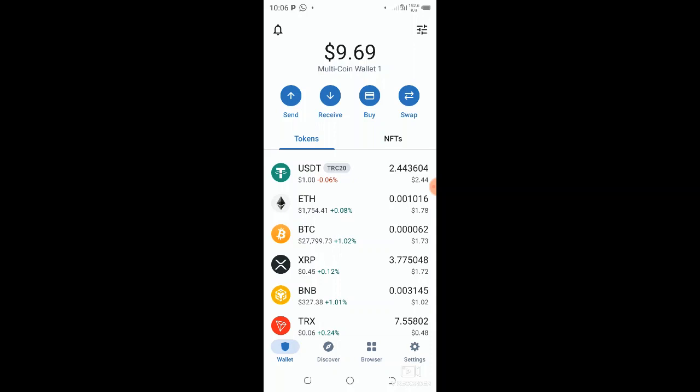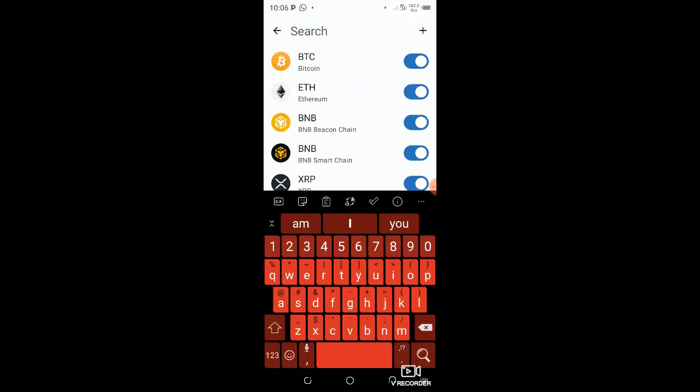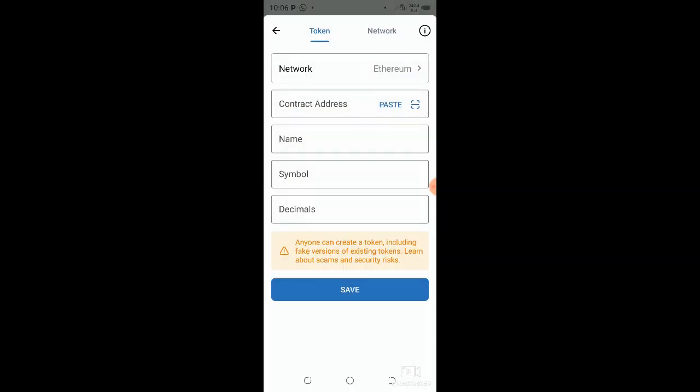So as you can see, I've already logged into my Trust Wallet, and the next thing is to add the King's token. So on the upper right hand corner there are those three dashes. You click on them and then you'll see a plus sign still on the upper right hand corner. You click on that plus sign, it will bring that up, and the next step here is to change the network